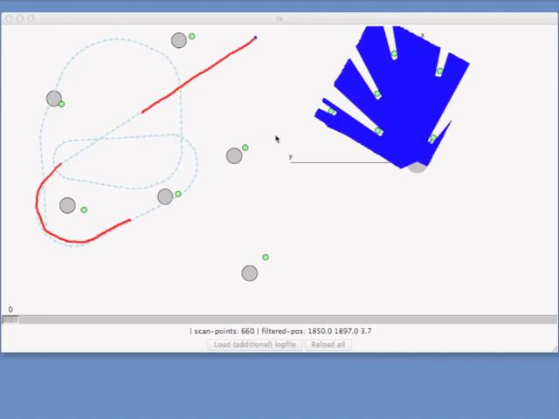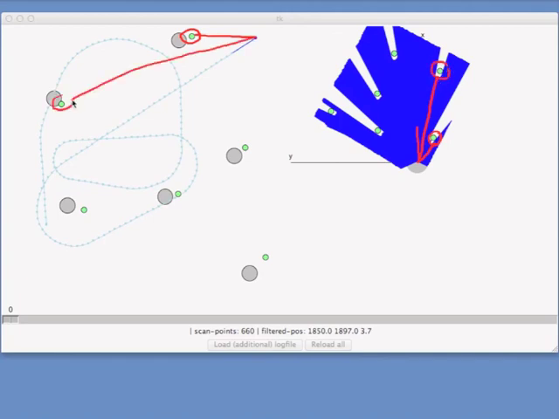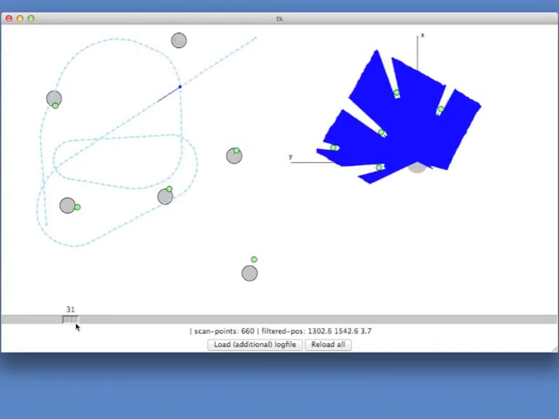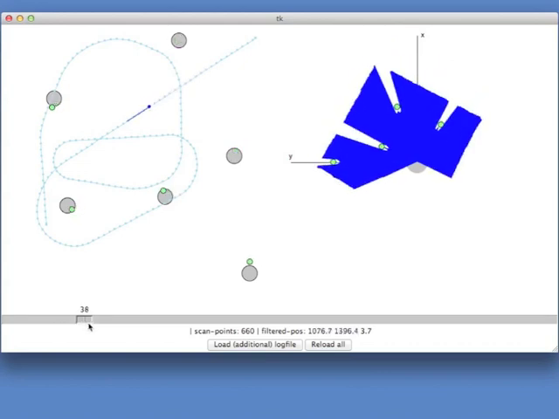And the second thing we did was we used the laser scan data. So these 660 values here, and we programmed an algorithm that finds the cylinders in the scene. And so if we load all that into the viewer, it automatically projects this cylinder, which is to the right of the robot, to here in the real world, and the next cylinder to here, and so on for all of the 6 cylinders. So in the beginning, the extracted cylinders match very well with the landmark cylinders, which are depicted